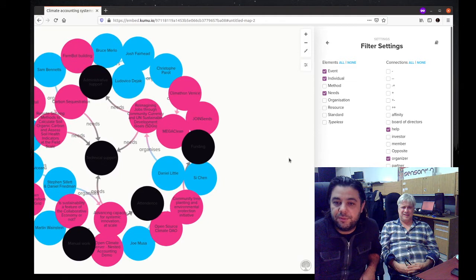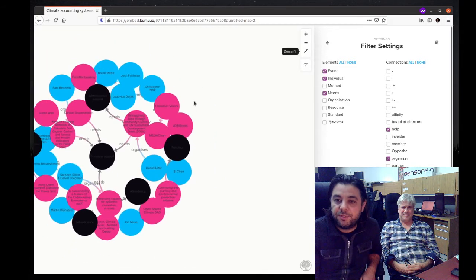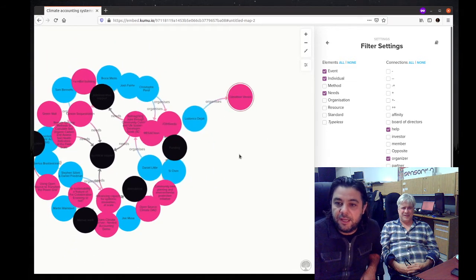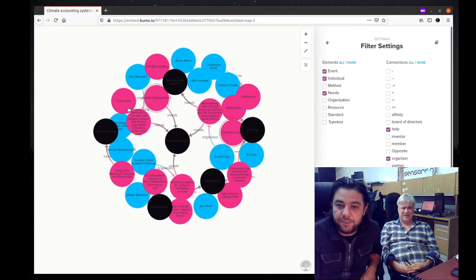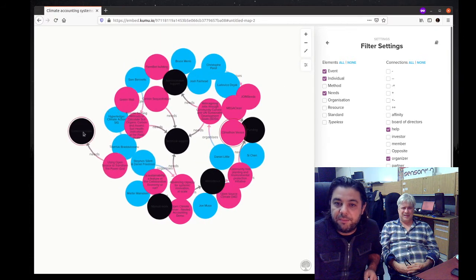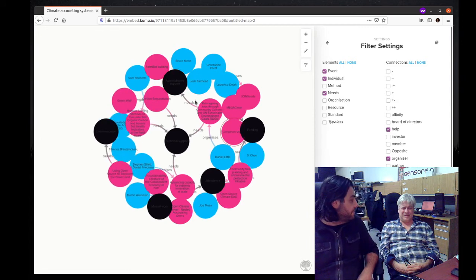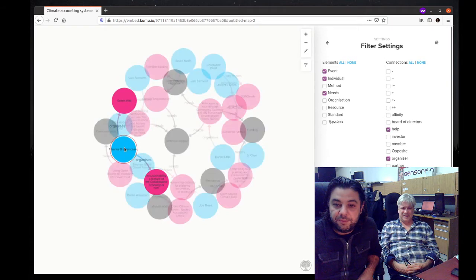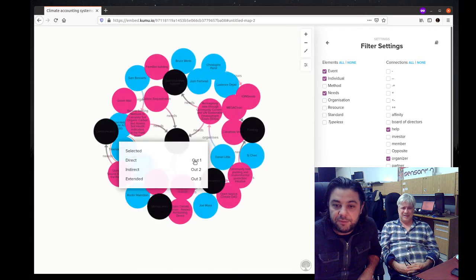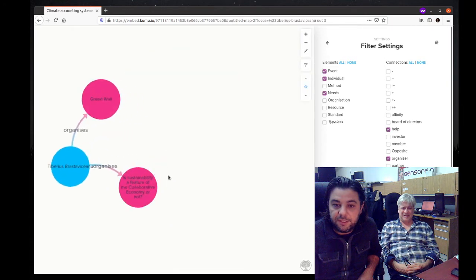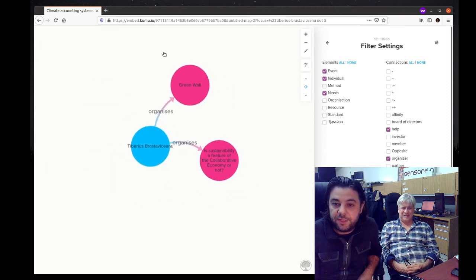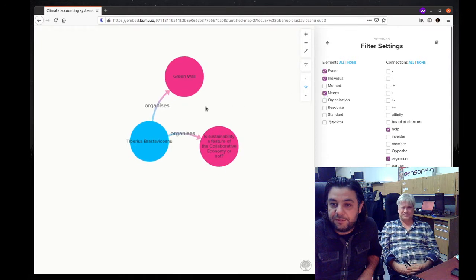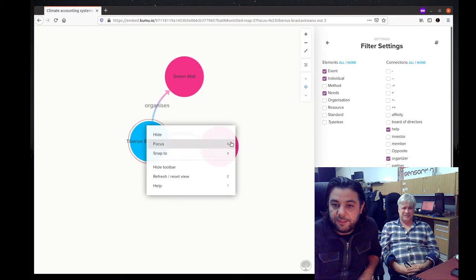Clear focus. So focus is a nice thing. So we're just fooling around with this, just to see what else we can do. Obviously, by playing with it, we understand what kind of data we can put in that spreadsheet, right? So let me go to myself here and focus extended. There you go. So it shows that I'm connected to two events, and there is no need for these two events. So if I go back and clear the focus